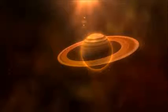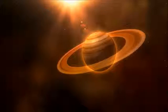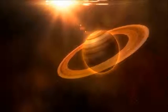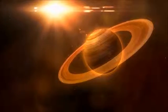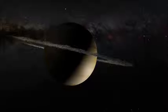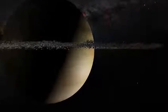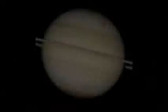After Jupiter comes Saturn, another gas giant. Saturn is famous for its beautiful rings. Although they look solid from a distance, the rings are actually made from many, many small ice particles, as well as rocks and dust. Saturn also has more than 60 moons orbiting around it,